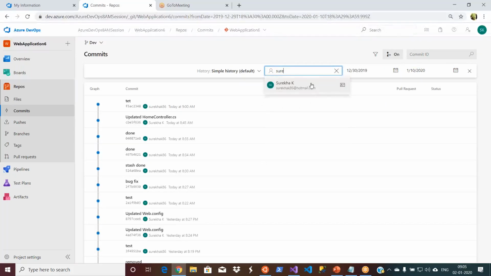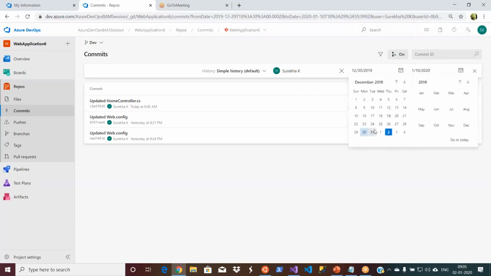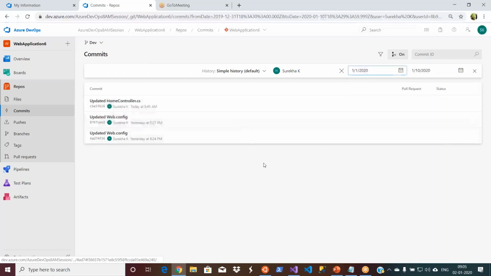And if you give this user, and this is from 12:30 to 1:30, and then if you give today, this is how you can see. You can query what is being done by which user and on what date, etc. This is how you can see the commit changes. This is easy. And if you know some commit ID, you can go and give the commit ID, just like a regular search. So with that, I'll stop for today.